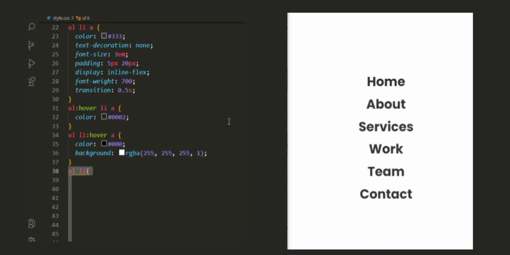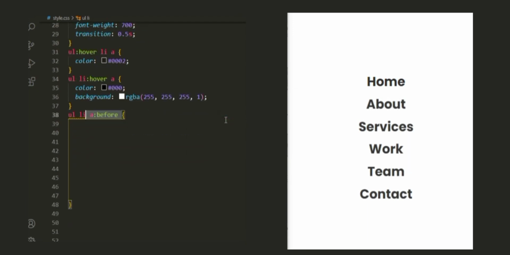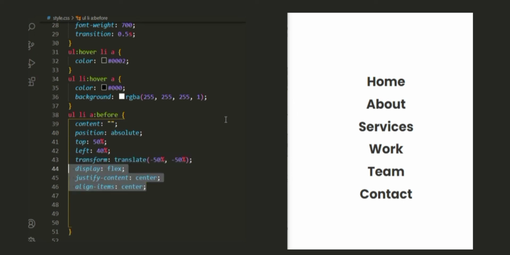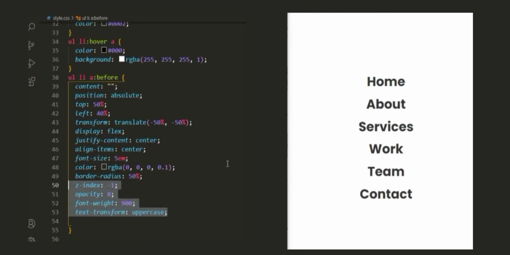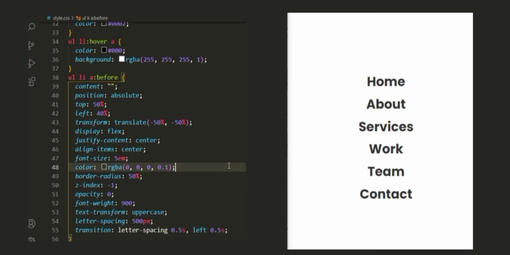To get the bigger text at the background of the menu, we're going to be using the before pseudo selector, and then we're going to position it absolute and give the content within it, which is going to be the data attribute. We're going to position that as display flex at the center using justify-content and align-items, and then add some styling to it, like the font size, the color, the border radius, and so on. We'd also like to add the opacity to 0, and then z-index to -1, and a bit of font weight and text-transform to uppercase. Once these are done, we're going to add a bit of letter spacing, and we're going to transition the letter spacing